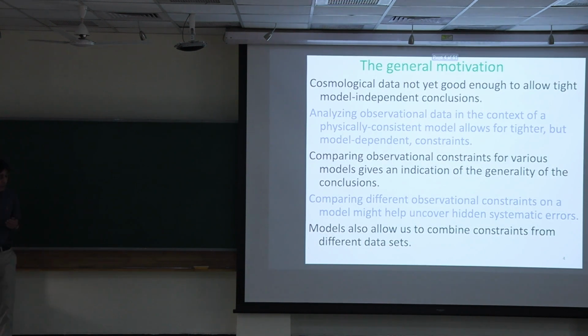So we're trying to get some idea of what's going on in cosmology, and what we're doing, instead of trying to do this in a model-independent way, because we can't, our data is not that great, is to take a parameterization or a collection of parameters based on physical models and all these parameterized models. And so we'll use maybe 6 or 7 or 8 different parameters and constrain them using the data.